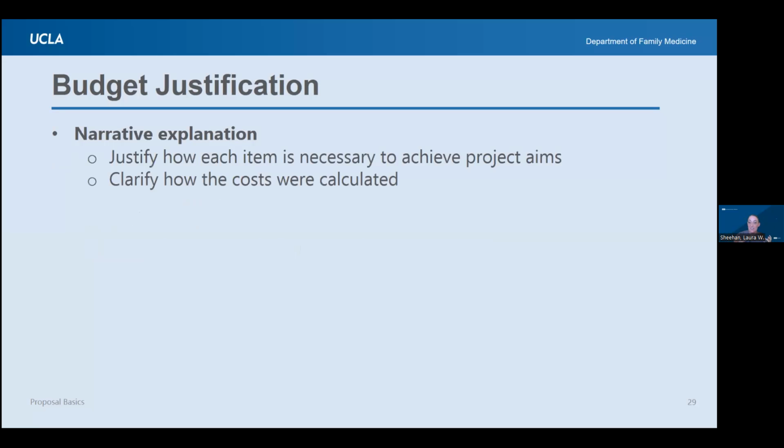So now we're talking about the justification. You've got the budget, you know how much you fiddled with that. Don't do the justification until you've got the numbers. Otherwise, you're going to end up rewriting your justification 1,000 times. This is your narrative explanation for each line item, telling them why it's necessary and how you came up with the number. Organize your narrative in the same way as your budget. So same topics and categories, etc., especially if they have a template that they wanted to use for the budget.